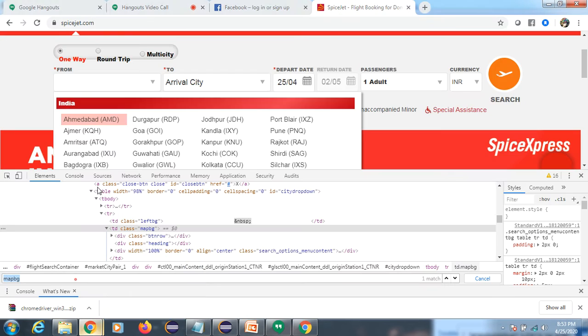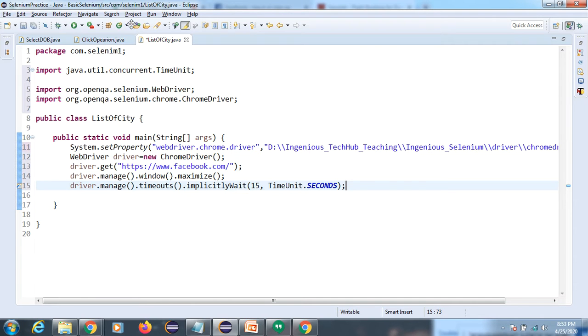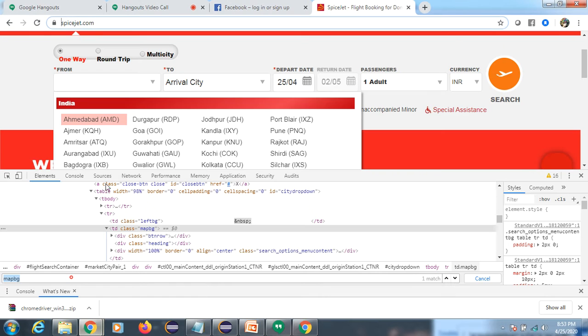So here, first we need to change this URL. This is our URL, we need to change it here, and first we need to find this element, this list of elements. Let's see if it works or not.